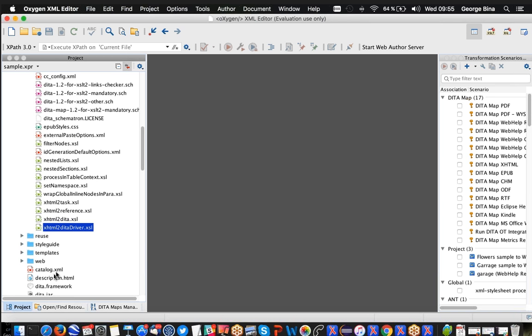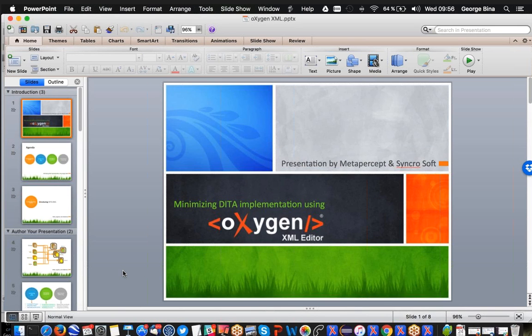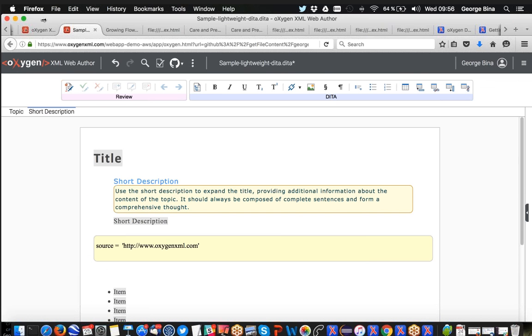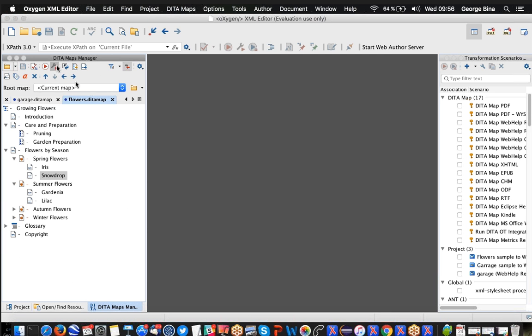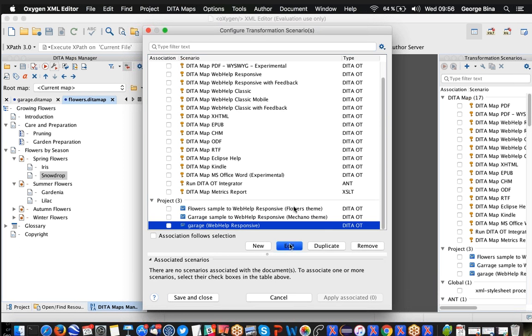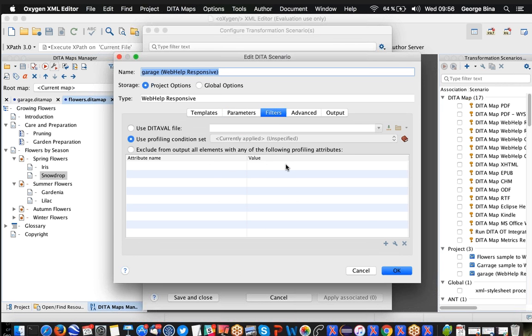Let's move then to another question. What is the difference between XQuery and filter? How to use the same for single sourcing with Oxygen editor? I guess the filter is the Dita val filter in the transformation scenario. So let me go back to Oxygen. So when we transform here, I think that referred to this filter, I guess. And